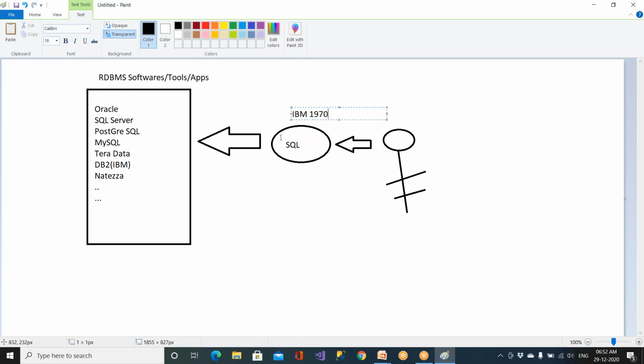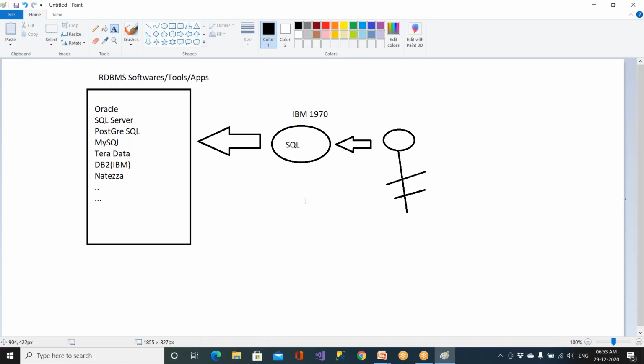So prior to SQL, we had a language called C language. C language is very, very complex and we cannot understand it very easily. We wanted to have a simplified language to communicate with these softwares. The language is called as SQL, Structured Query Language.